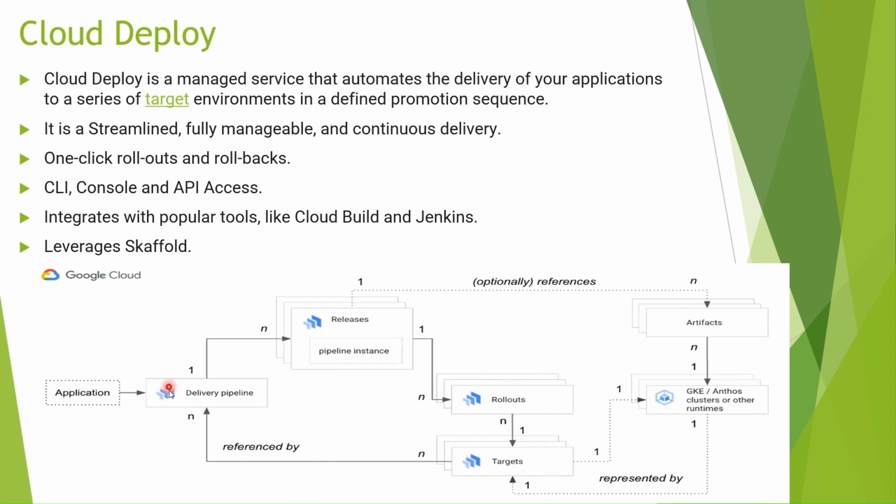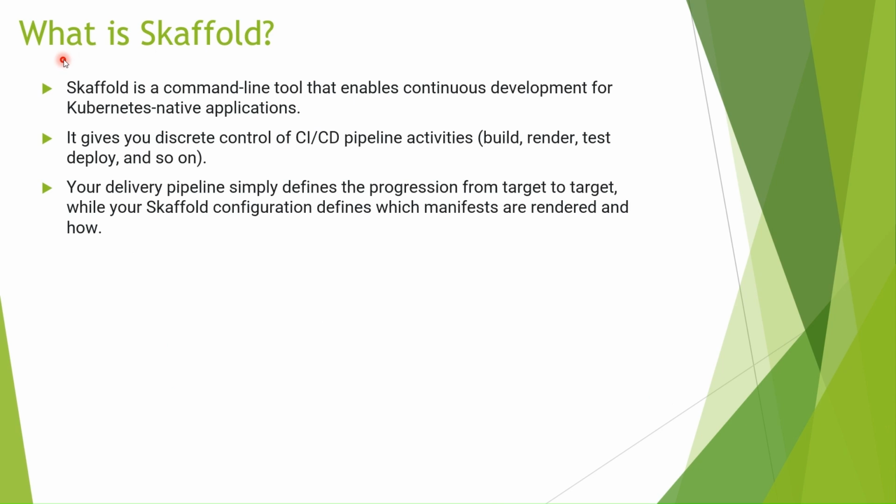Okay. So first of all, we have created a delivery pipeline which is attached to our targets, and after that we create a release, and that release will do a rollout on our targets. These targets can be GKE, an Anthos cluster, or any other runtime, like if you are using Cloud Run. So basically, this is a high-level architecture diagram. We will see how we create all these things, and after that we use Skaffold, the Cloud command